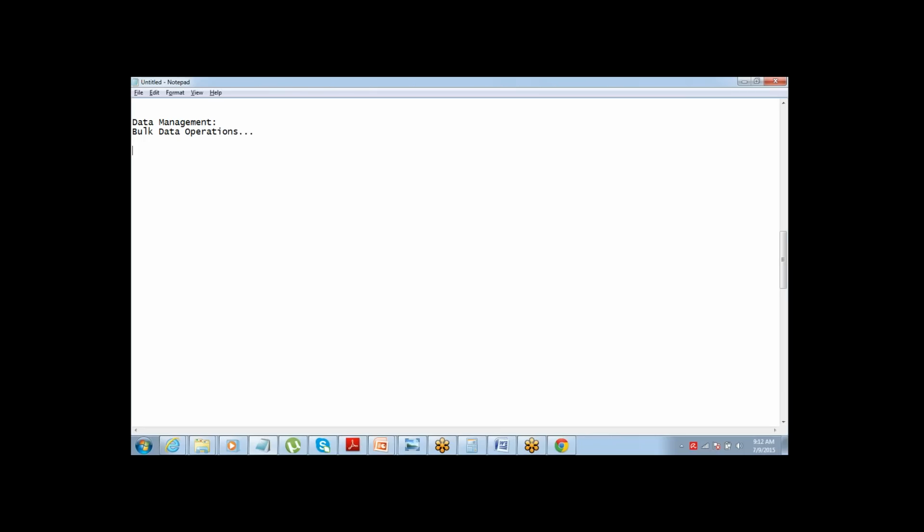For this, there is a very simple process that you'll have to follow, which you can easily understand. First is to put all your data in an Excel spreadsheet.